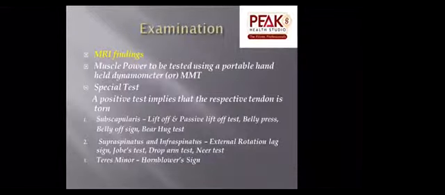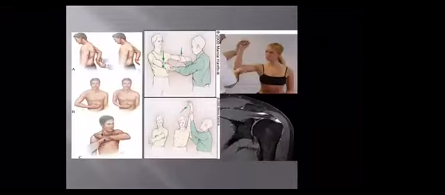And the belly press test. Same thing: the patient is asked to keep his hand on the belly and do internal rotation of the shoulder. If the patient presents with pain, the test is positive, and the subscapularis muscle is affected. In the bear hug test, the patient is asked to keep the affected arm on the opposite shoulder and is asked to lift the shoulder. The test is positive if the patient presents with pain.